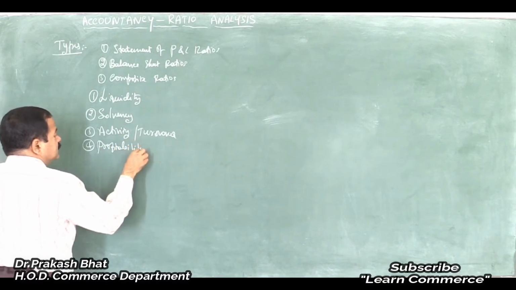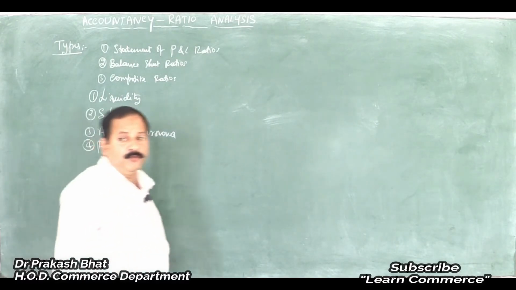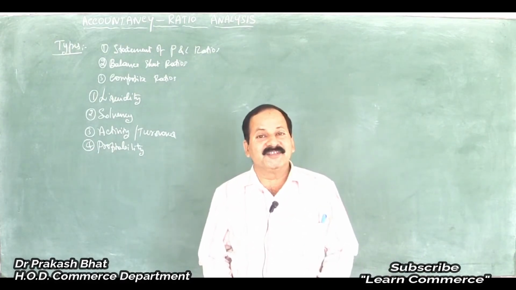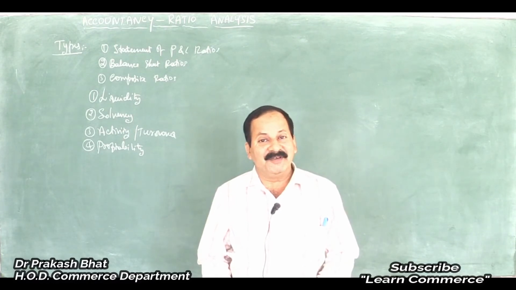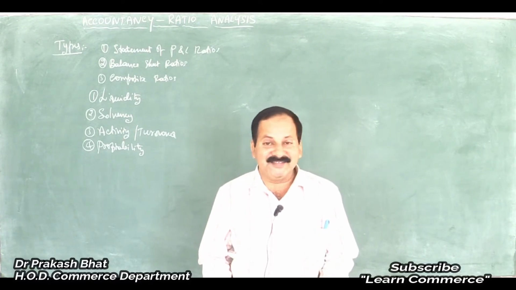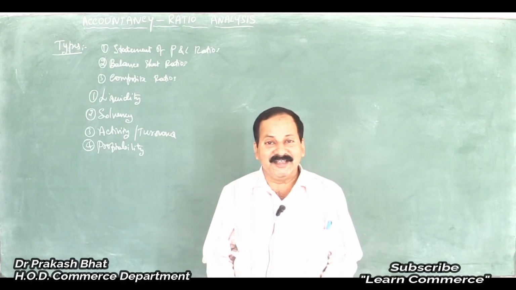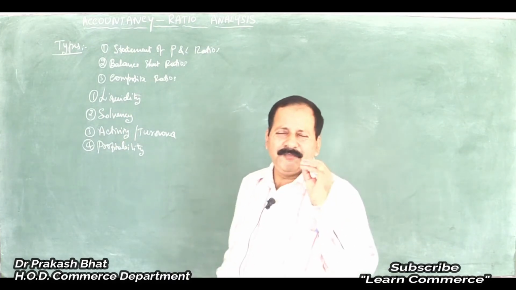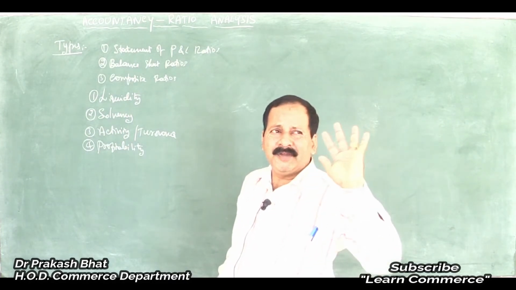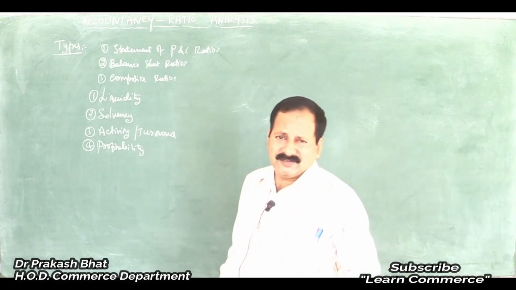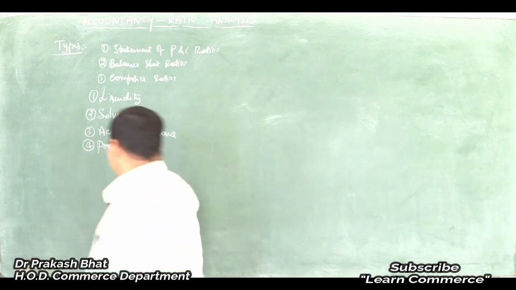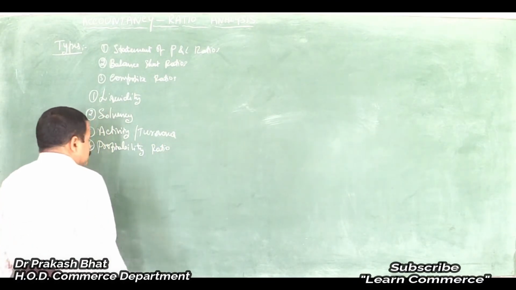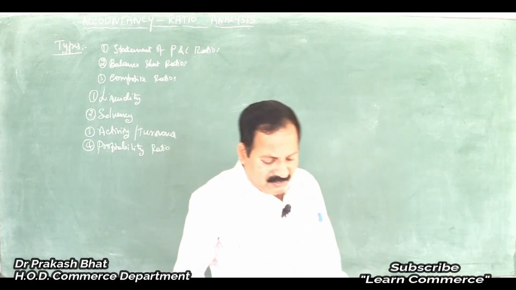Under each of these categories there are different ratios, like four or five ratios under each, and for each of those ratios there will be a formula, so you should remember all those formulas for the board exam. Very easy. Don't take it in a negative way that so many ratios are there. If you know the items very clearly, what you mean by debt, what you mean by equity, then it's done. Very simple. If you know the formula, it is very easy to solve. I will take up one by one.